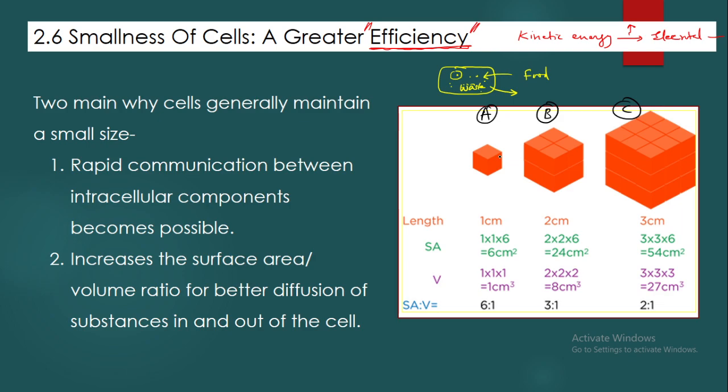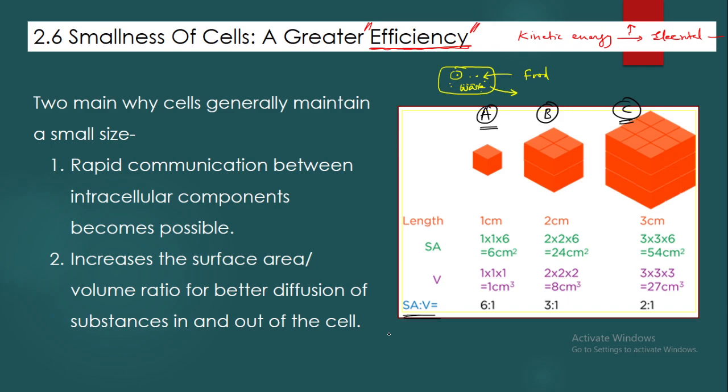Now, a little bit, we are going with a twist. We want to also look at the volume. The volume of this A is large or volume of C is large? C is large. Definitely large, because it is very big. Elephant is very big, it has a lot of volume. But then what if you take the ratio, surface area to volume ratio? Okay, you are dividing surface area by its volume.